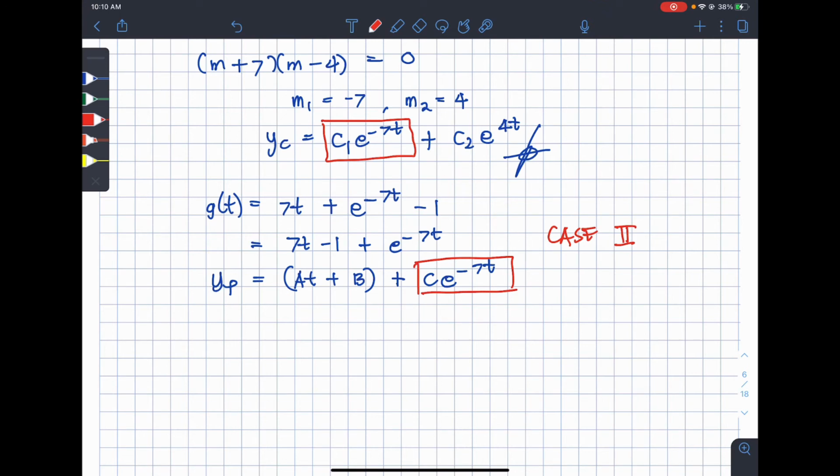Okay, may libreng salad. Mainit na. Anyway,